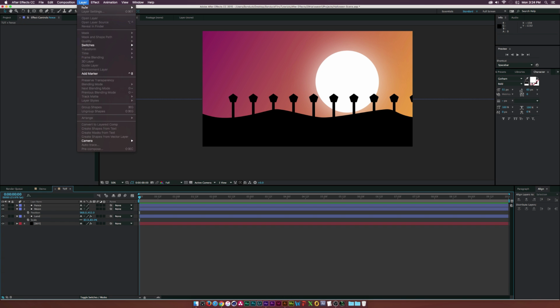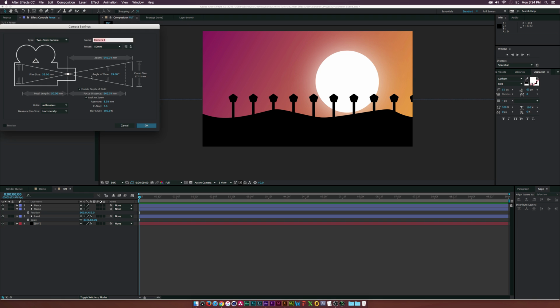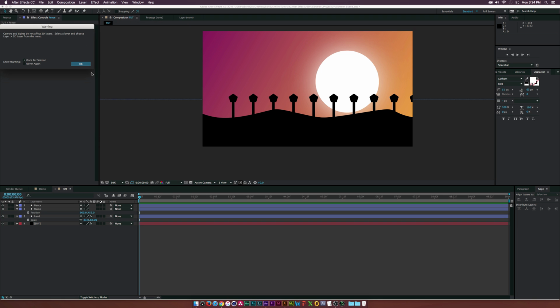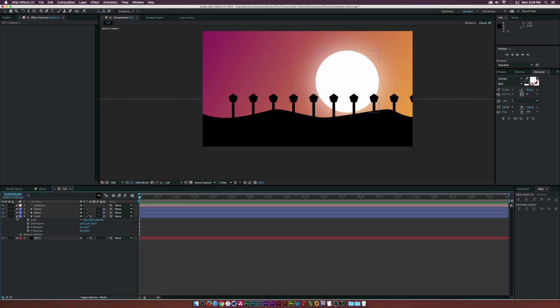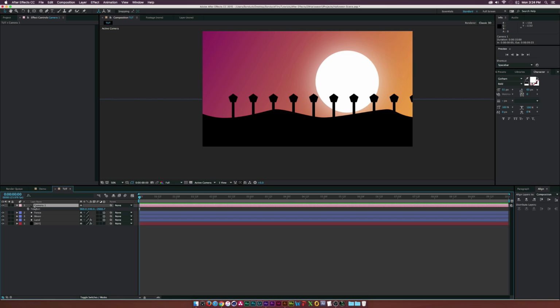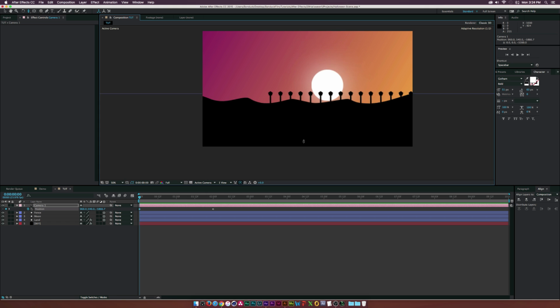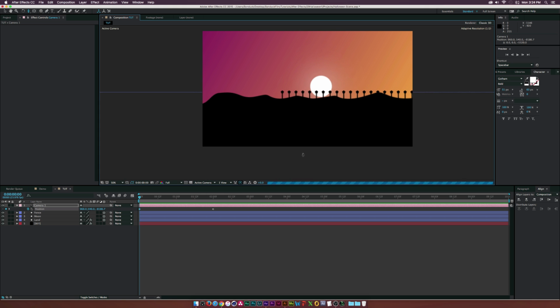And then let's go up to layer, new, camera, and click OK. And let's make everything a 3D layer except for the sky. You can make the sky a 3D layer, but I don't think it's really necessary. And then we'll hit P on our keyboard with our camera 1 to bring up position. We'll go to like 2 seconds and add a keyframe there. Go all the way back, and let's grab the track Z camera tool, and zoom out to probably like right